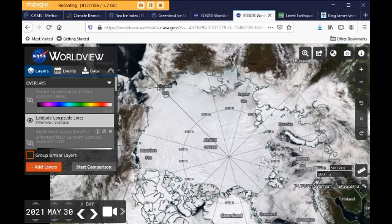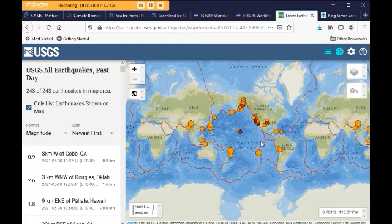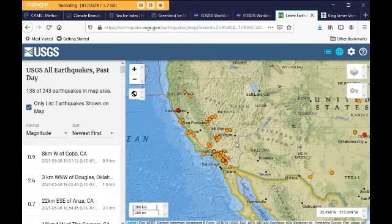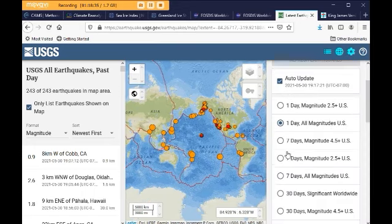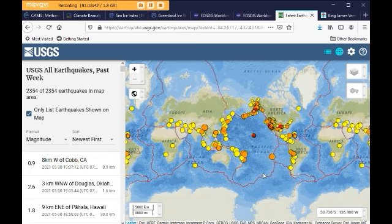And we'll briefly look at earthquakes. This is the USGS for the last 24 hours. We have 243 worldwide. Now I wanted to show, so we got one here on the Juan de Fuca plate, 3.2. Okay, I wanted to show 7 days, all magnitudes. Let's see what's happened. In the last 7 days we've had